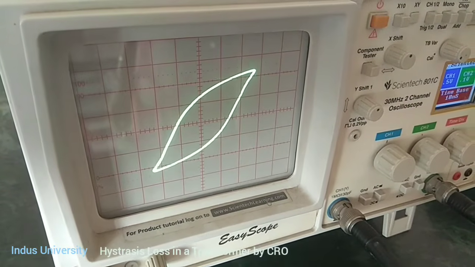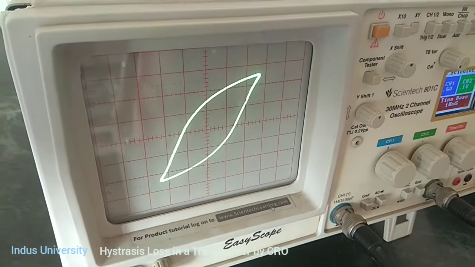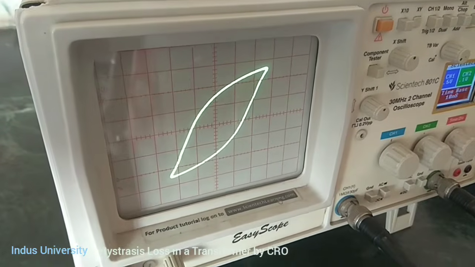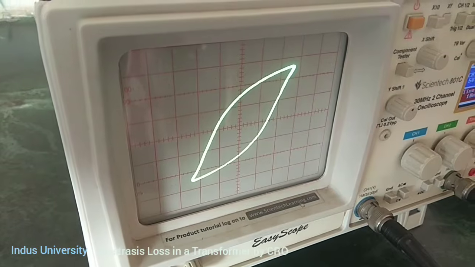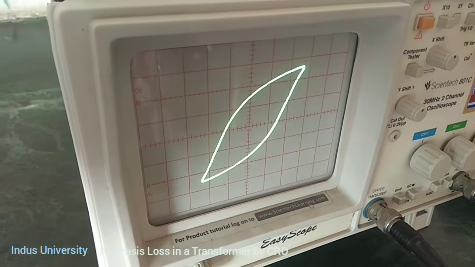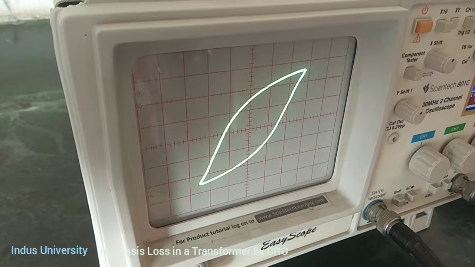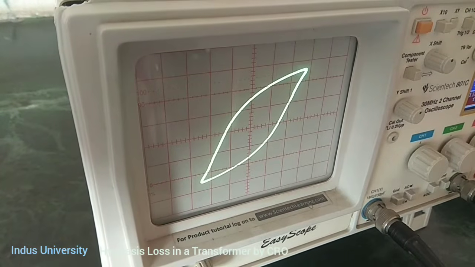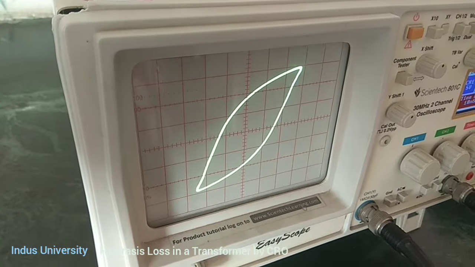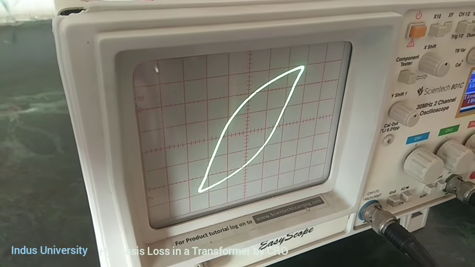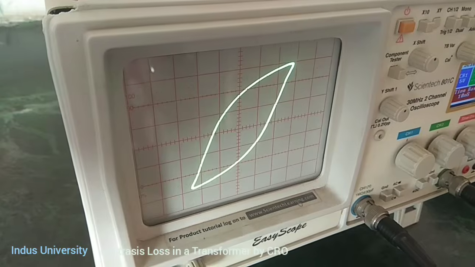Now once you increase the voltage, the y-axis changes. According to this you can increase x and y, and try to make it a proper square, so that you can take the reading easily as well as get the proper graph.